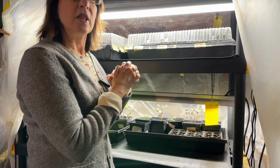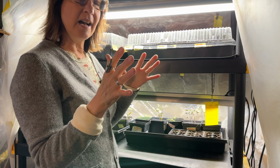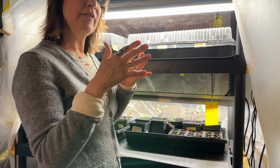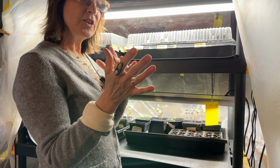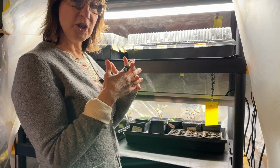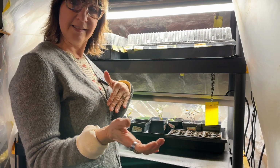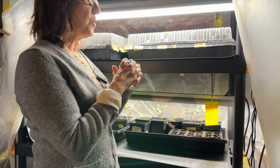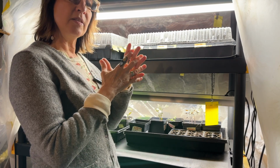Which is a lot of work. I don't have anybody that helps me. I do it all by myself, and it is a lot of work by yourself. As I've gotten older and as I've been doing this for a while, there's a few things I love about sharing flowers with people, and I've learned a few things I really don't like about getting my flowers out into the world. And so what I've started to notice as I've gotten older is instead of wanting to grow bigger,